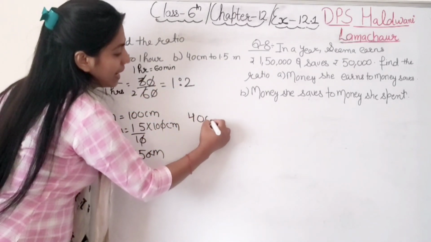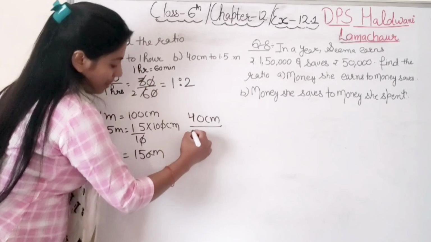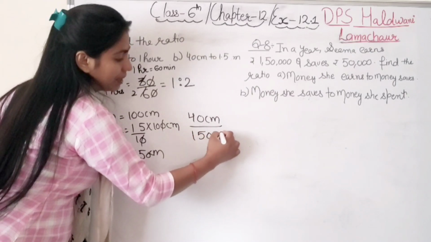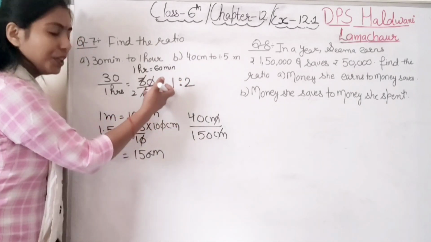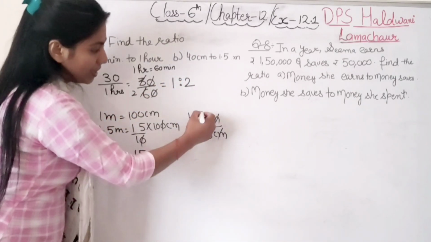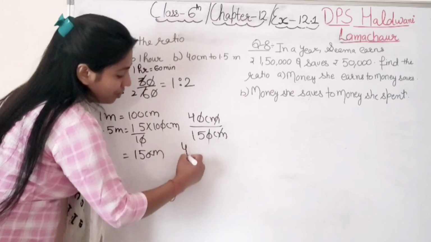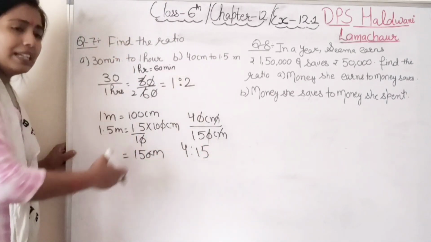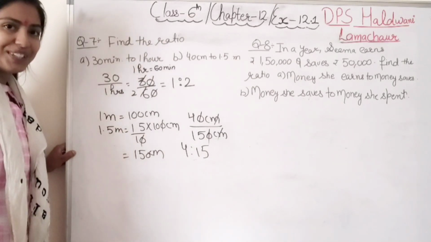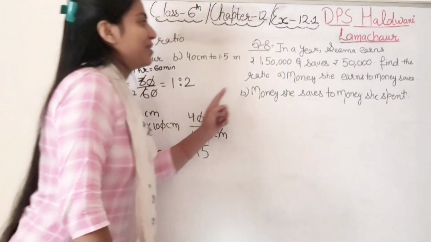Right? So let's start the ratio. That is 40 centimeter to 150 centimeter. Units are also cancelling with each other. That's why I have not written them over here. Okay. So now 0 will cancel out 0. So the ratio will be 4:15. Everything we have done previously, here it is just a kind of revision. Right student? Coming to our question number 8.